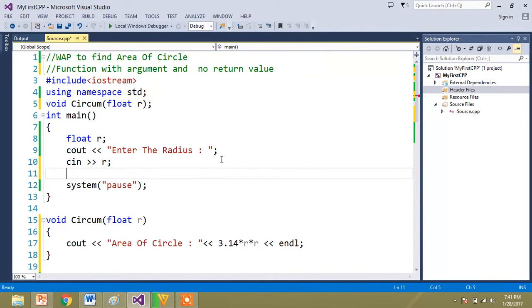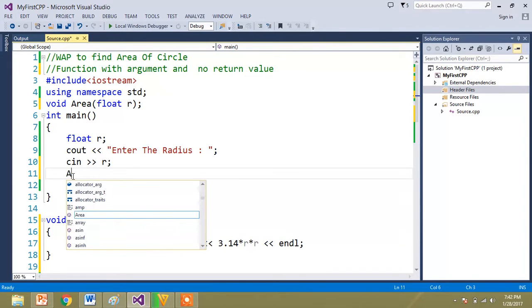Directly call the function here. I didn't change the function name. You can change the function name to area. You can give your own name, any name. I'm writing it as area.